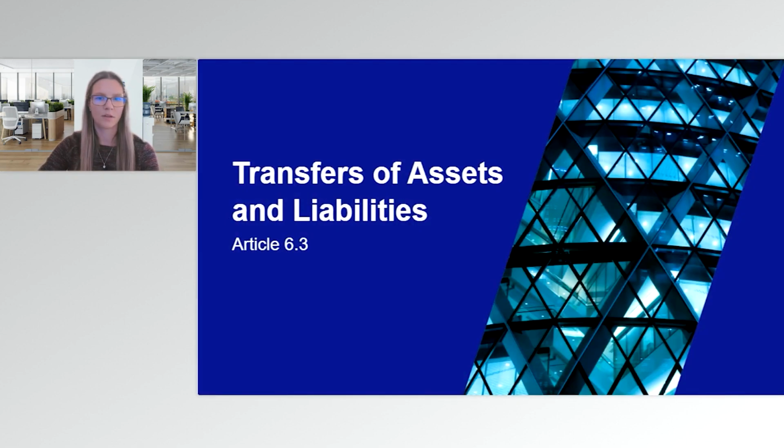Okay, so now moving right along to Article 6.3, which deals with the transfers of assets and liabilities. So Article 6.3 is going to provide rules for computing gain and loss, and how to determine the carrying value of assets and liabilities for acquisitions and dispositions of assets and liabilities where the seller may not be subject to tax on the gain in whole or in part. And we're going to look at these under two lenses because there's two different types of treatment for acquisitions and disposals of assets and liabilities in the ordinary course of business, and those that are done in connection with a GLoBE reorganization, which we're going to define in a later slide.